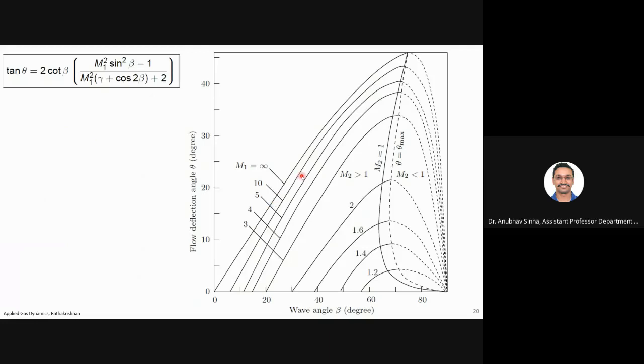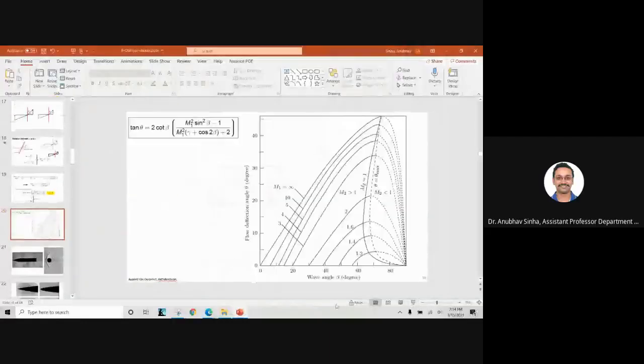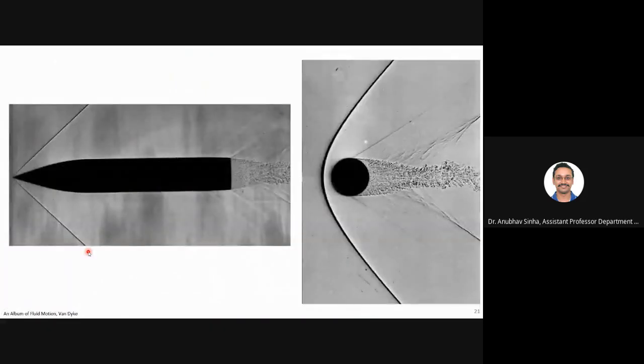We will look at different regions of this plot as we move along. Are you people here or not? Yes, sir. Okay, fine. Sometimes I don't know whether you're not there or I've lost connection. Fine. So this is basically how it looks graphically. If you plot this equation, this is how it will look. Now let us take some points.